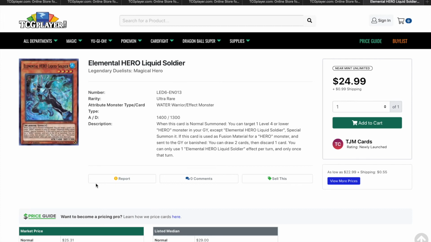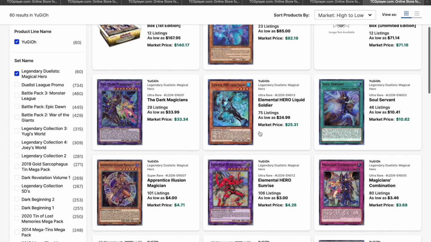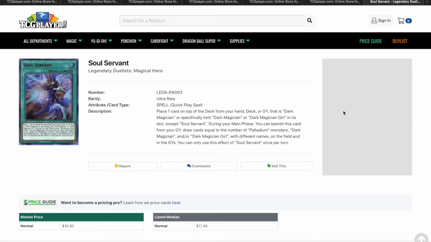Just what you can make, Absolute Zero, with this guy, thanks to this guy. So yeah, New Age Bubble Man, gotta play him. And then Soul Servant right here. I mean,